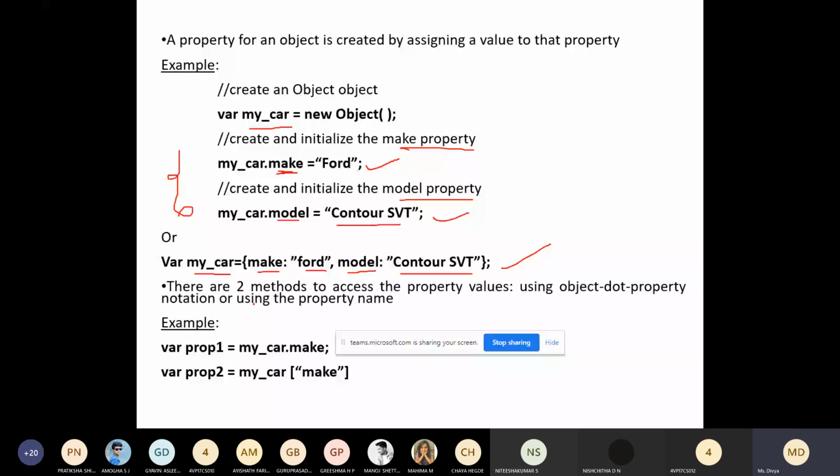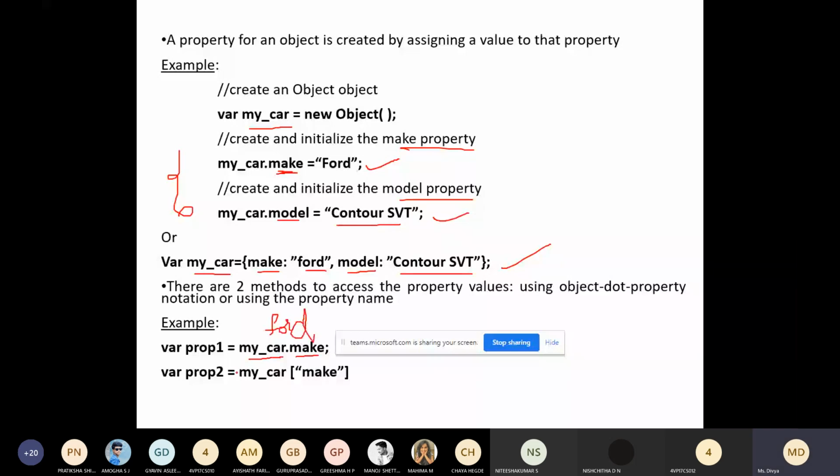These are two ways you can set property values for accessing using dot notation. If I want to display a property value, I write the name of the object dot property make. It will display this value, 4.